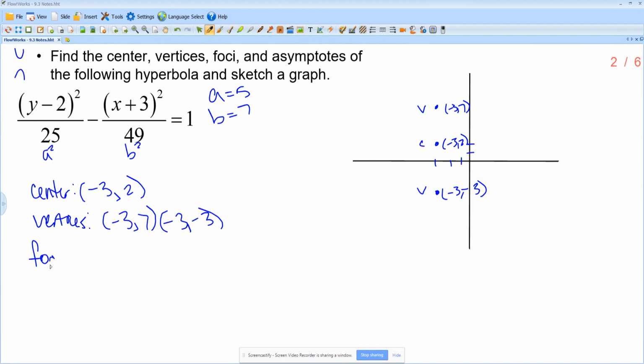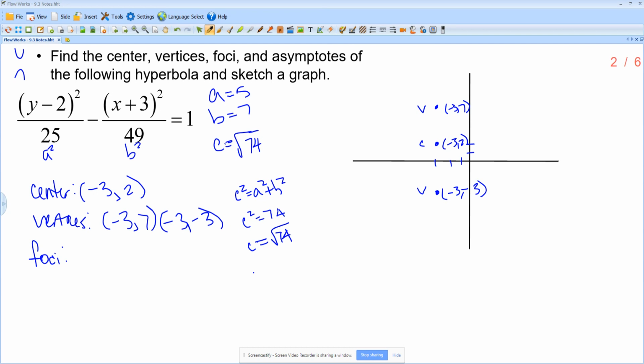Next, I need my focal points. My focal points require that I solve for c. So I know c squared is equal to a squared plus b squared. So c squared equals 64. So c equals 8. Did I add that right? No. C squared equals 74. That was almost too easy. So c equals square root 74. Square root 74 doesn't simplify,